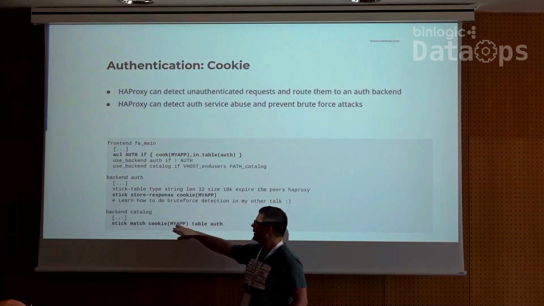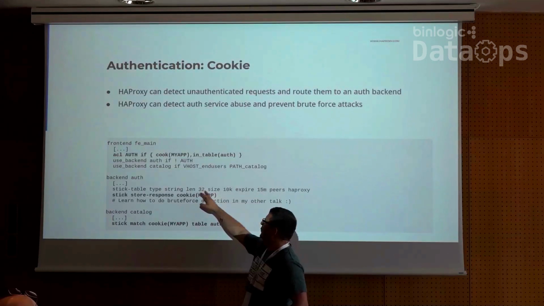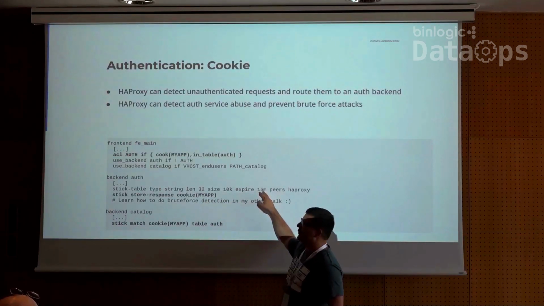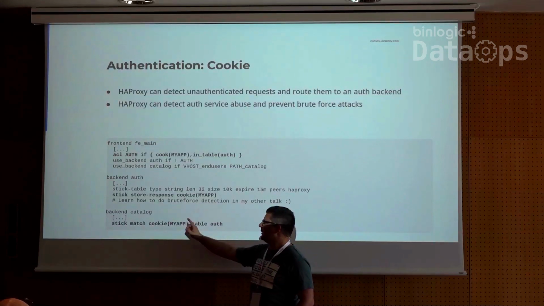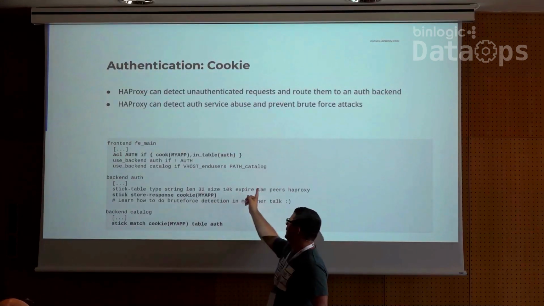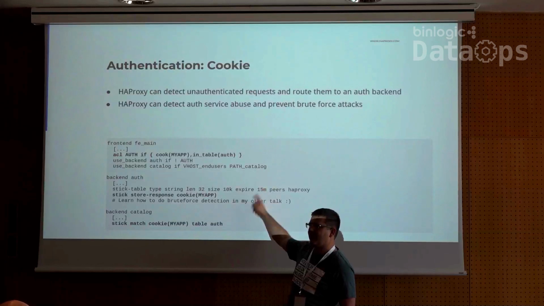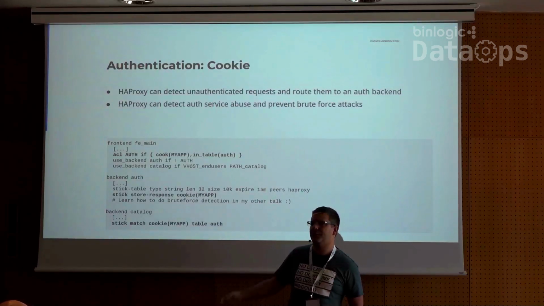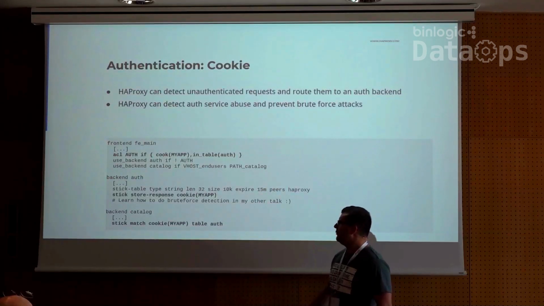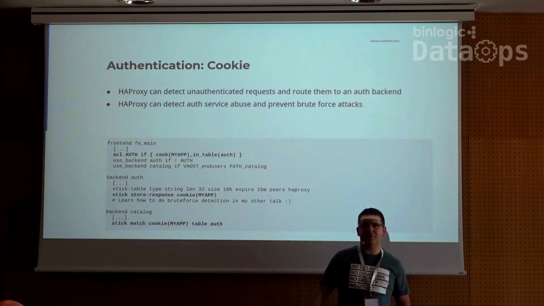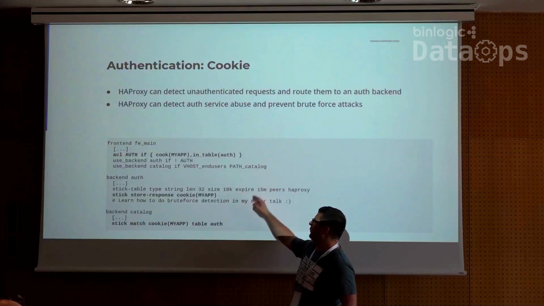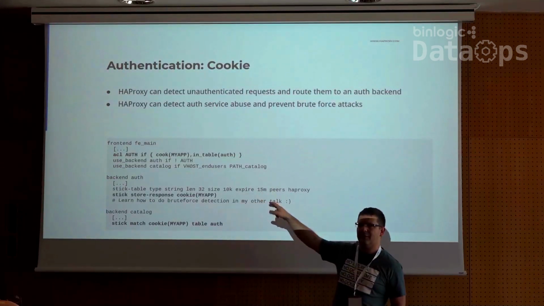And in the catalog backend, we do a mapping with that table. Why we do that is because this cookie will expire after 15 minutes if it's not hit on the table. So each time there is a request here, this cookie will be refreshed in the table, so the data won't be purged automatically. If you have a 15-minute session lifetime within your applications, just update it. Or if you have a 30-minute one, just update this value here, and that's all.